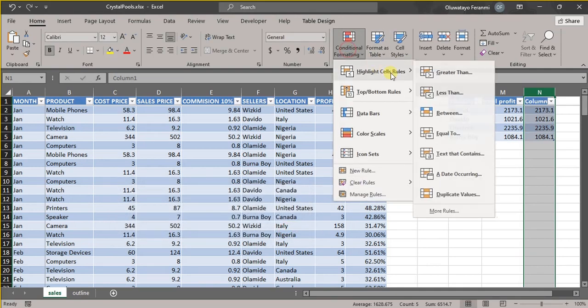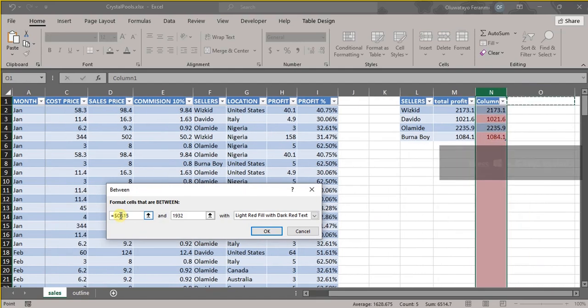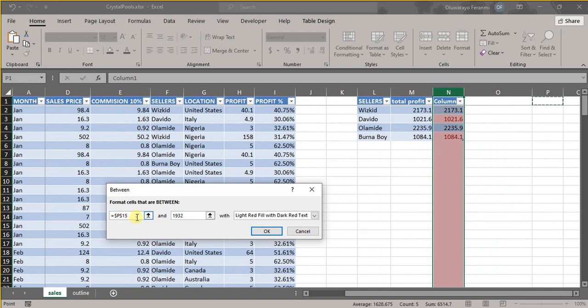Then go back and say conditional. So you have less than, then you have between. When you say between, you are choosing between two numbers. So if you say between 1 2 to 1 2, you can choose between and get your data